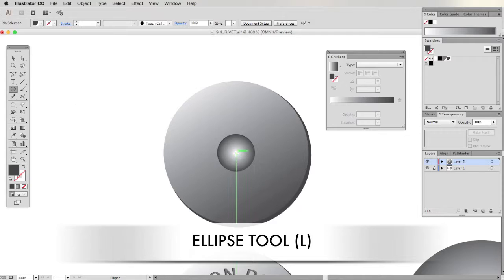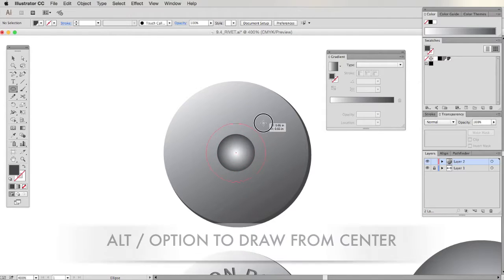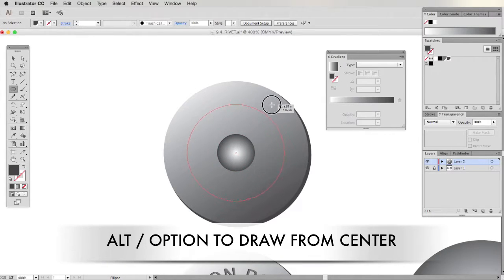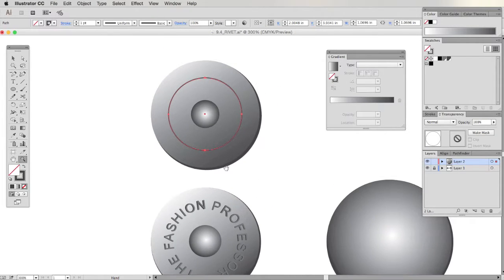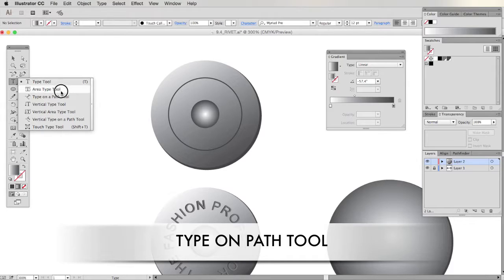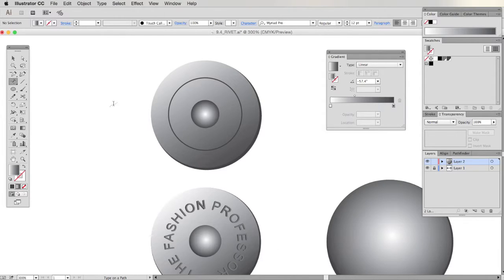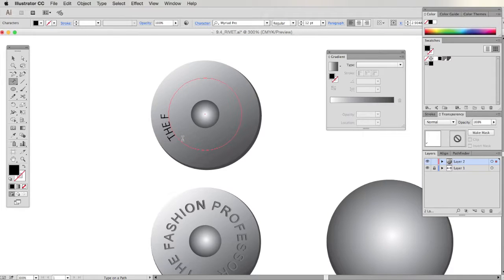Now with my ellipse tool, I'm going to drag from the center and hold the Alt or Option key to drag out another circle, which will be the foundation for our text. Now let's choose from our toolbar the Type on Path tool. I'm going to click on that new circle that I just drew and begin to type out whatever words I